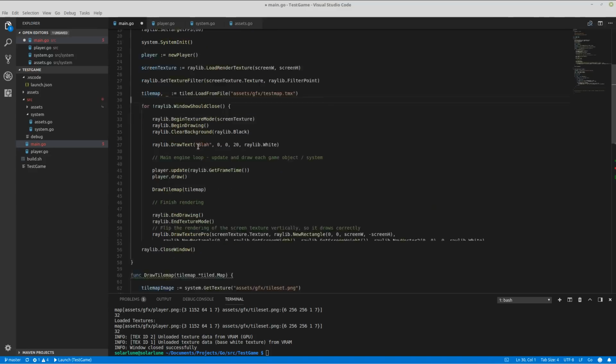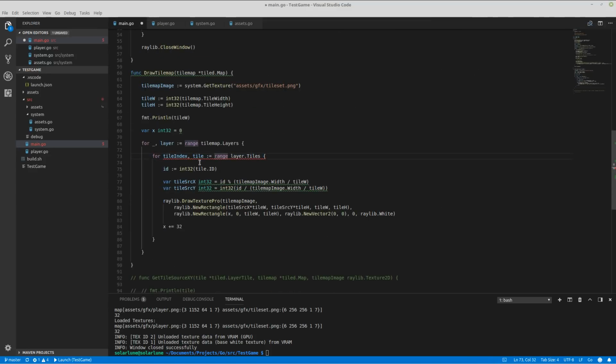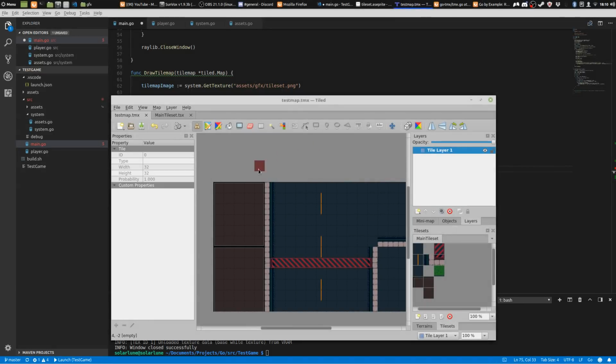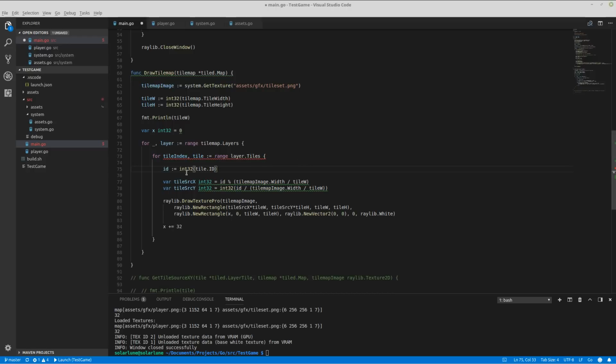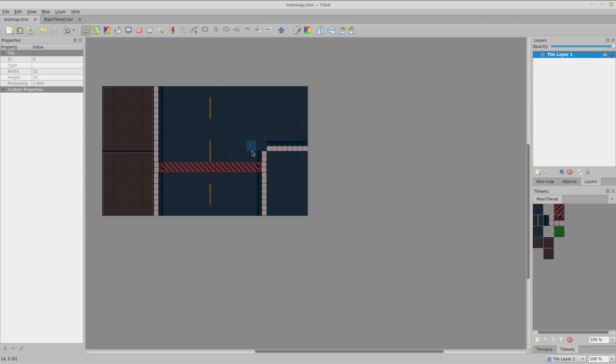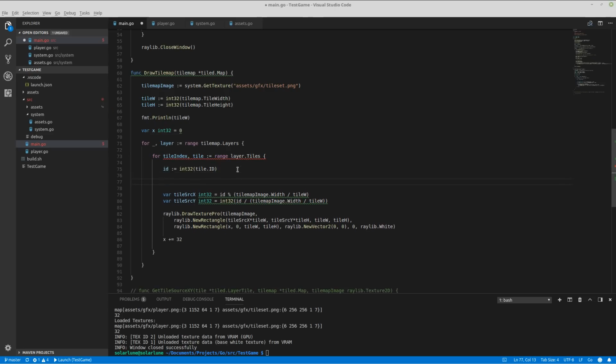Alright, so what we'll do, since we have the index at this point, 0, 1, 2, 3, 4, 5. So let's go ahead and take a look at this. So it goes 0, 1, 2, 3, 4, 5, 6, 7, and then at a certain point it crosses this. So that would be the width of the map divided by the number of tiles, right? So 0, 1, yeah, and then it just kicks over. So I guess